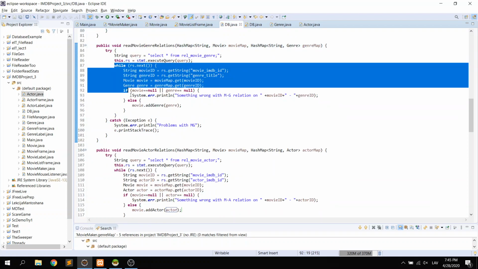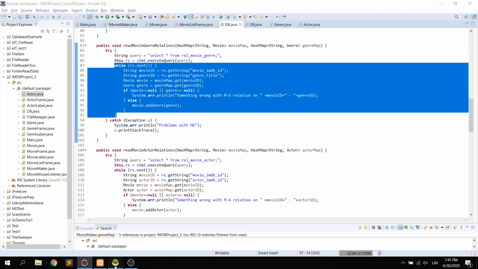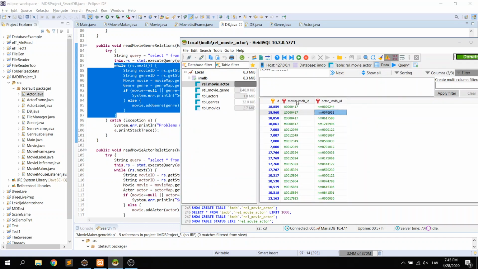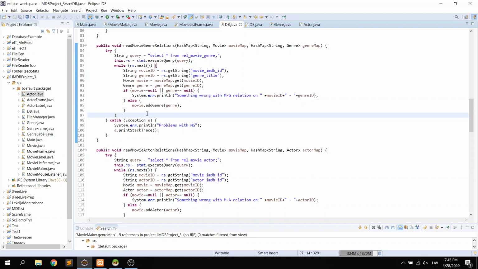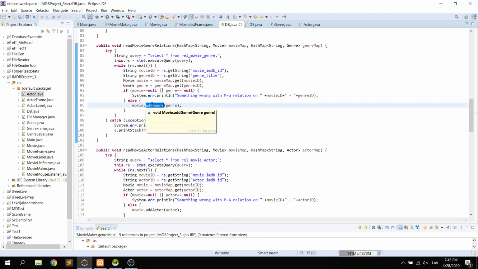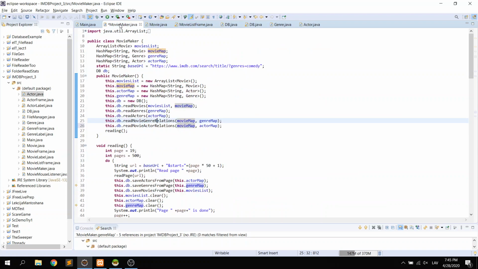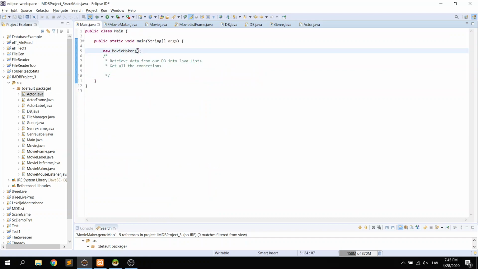So in here, when we are looping through the list, we are actually looping through each relation, each combination of movie and actor that we saved before. And well, yeah, we are just connecting them through this add genre and add actor method that we created in one of the first videos. And back in this movie maker, we have to actually fix this thing. So back to the main,